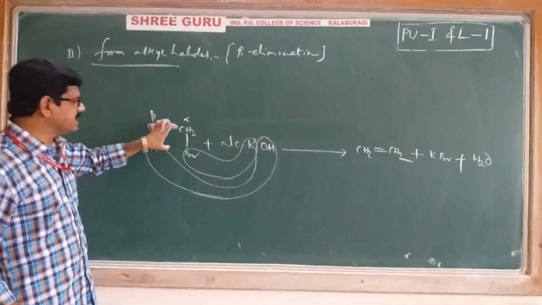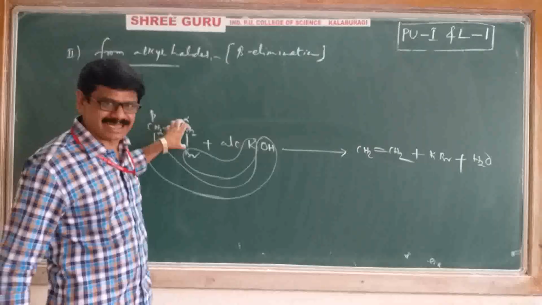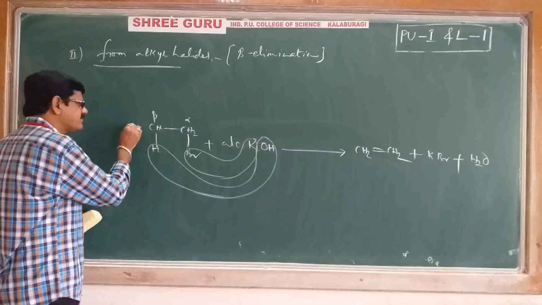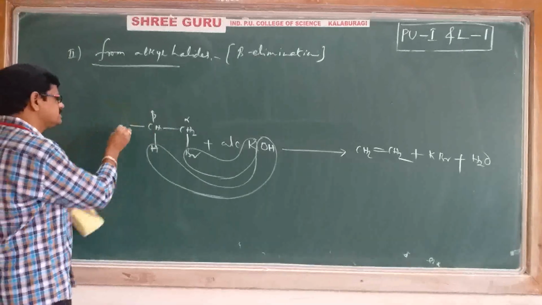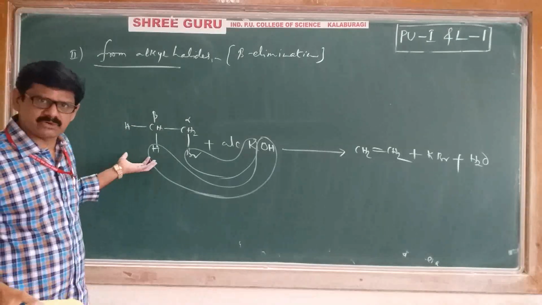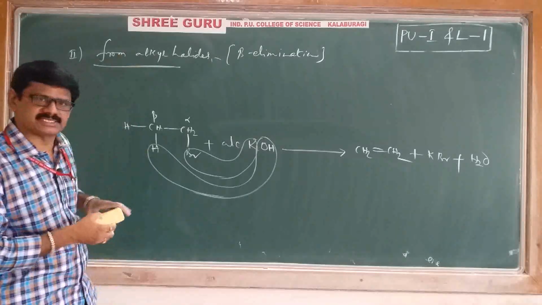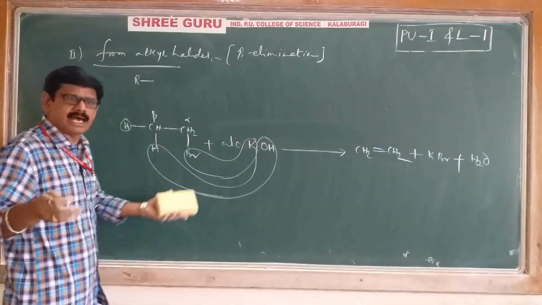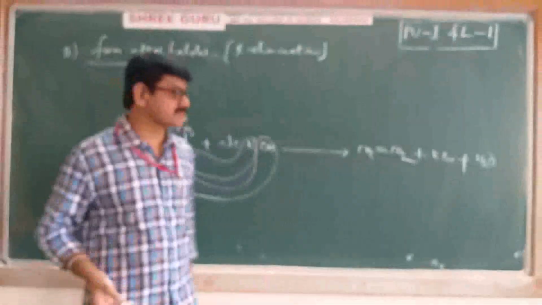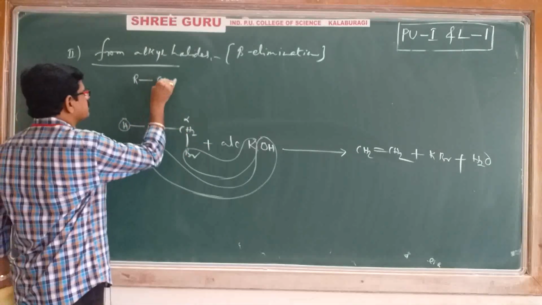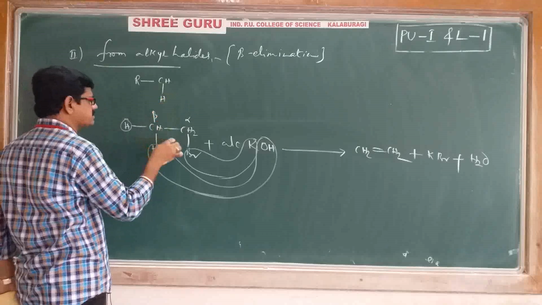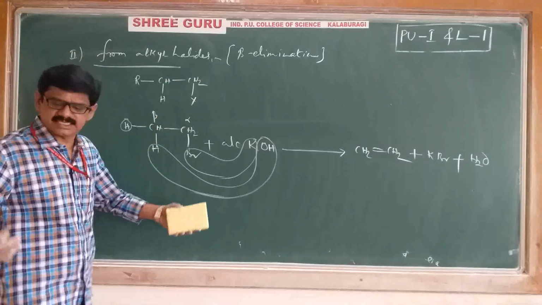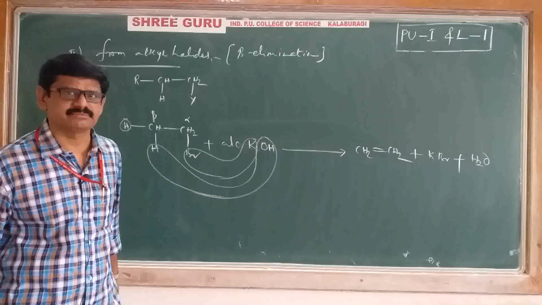By seeing this example, we can write a general reaction. Here one hydrogen I am separating just for my convenience. This is also ethyl bromide, no doubt. While writing the general reaction, in place of hydrogen I will write R. This R may be hydrogen or alkyl, doesn't matter. Remaining I will copy as it is: CH, H, CH2, and instead of bromine I will write X. X is a general halogen; it may be bromine, chlorine, anyone.